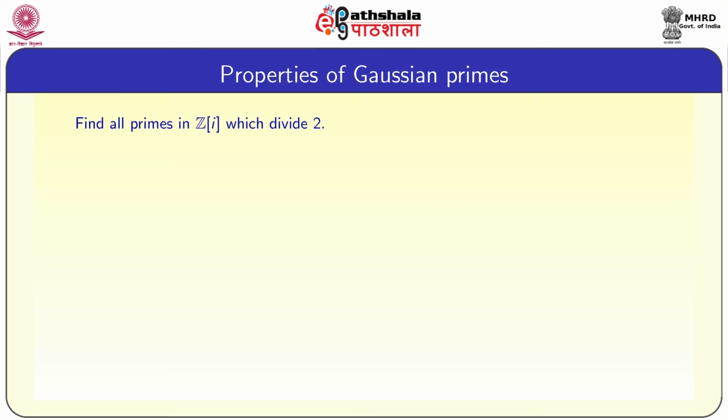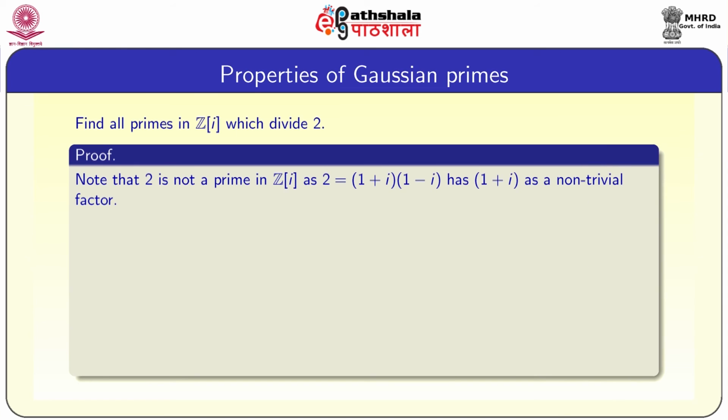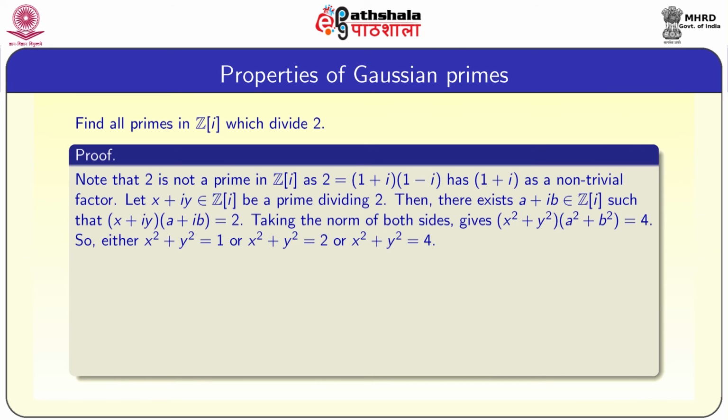Now we are going to find all primes which divide 2. We already observed that 2 is no longer a prime in Z[i]. Note that 2 is not prime, and 2 is equal to (1 plus i) times (1 minus i), as 1 plus i is a non-trivial factor of 2. So let x plus iy be a prime dividing 2, then there exists a plus ib